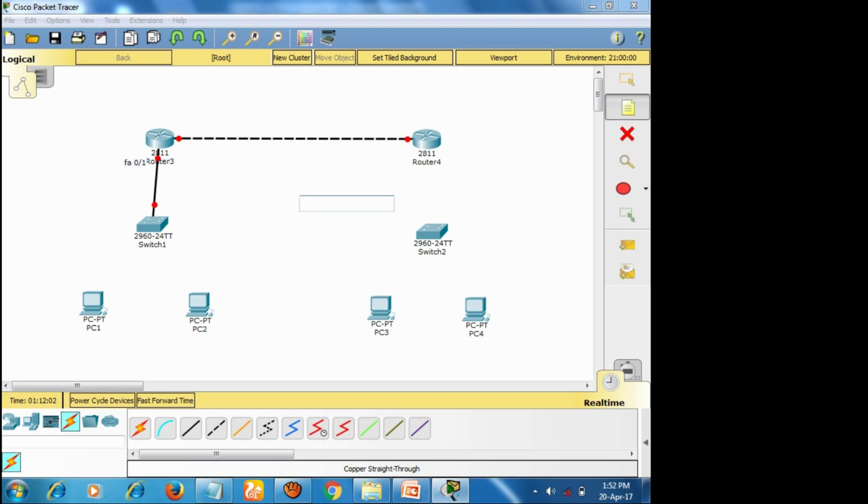So this is more important. Whenever you are configuring something, we need to know which interface you are using, right? And moreover, I'm connecting here, that is a fast Ethernet 0/1. So the same FA 0/1, okay. And here I'm connecting. It doesn't matter which interface you are connecting. So just connect all the cables, devices, and that's it.